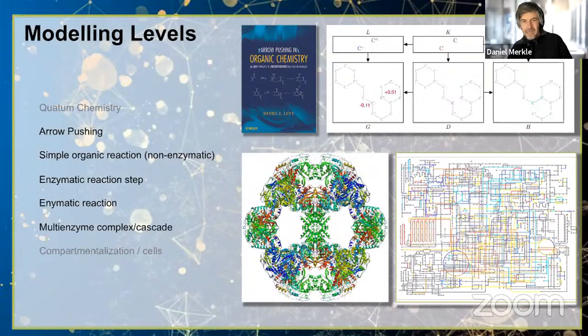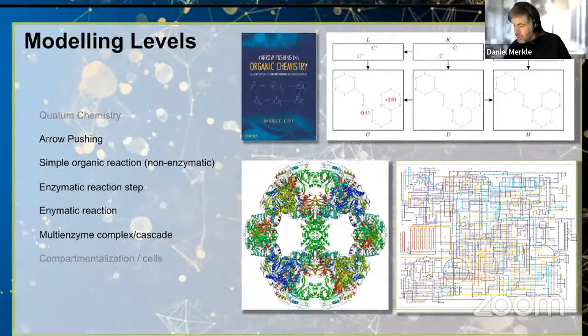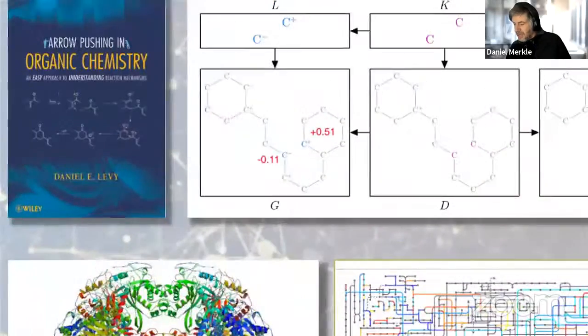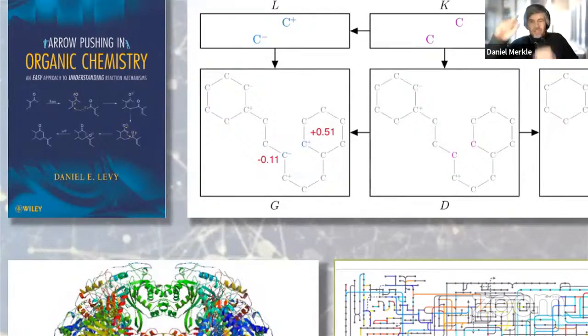So here on the top right, I have a super simple graph transformation rule, which basically takes a negatively charged carbon and a positively charged carbon and then forms a bond. You might easily imagine that if you apply this rule to some molecules, this will combinatorially explode like hell. So you need to somehow connect to chemophysical properties, like here, for example, I show just as an illustration partial charges, right? So if an atom is very negatively charged and another atom is very positively charged, then they try